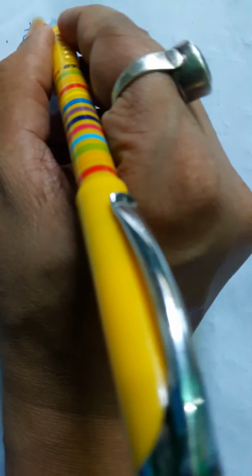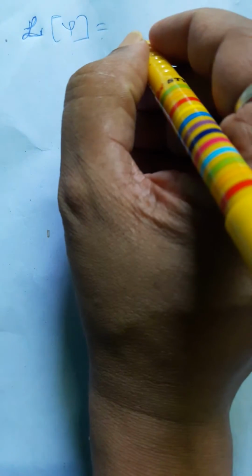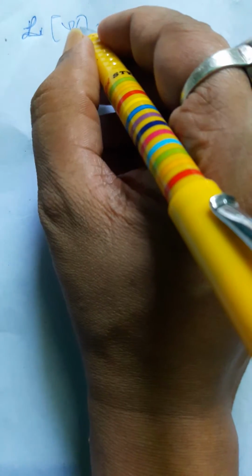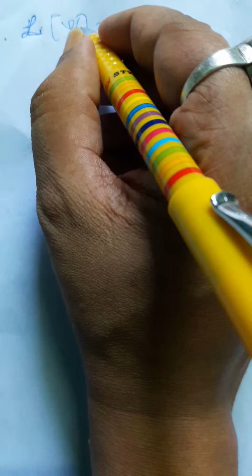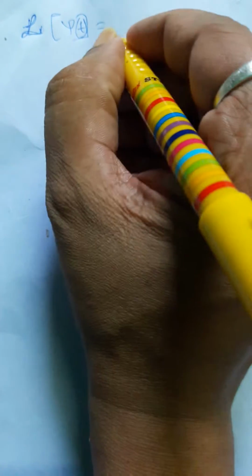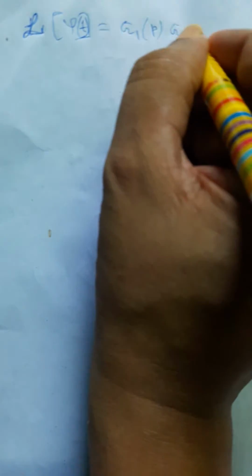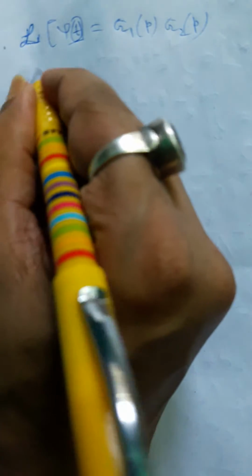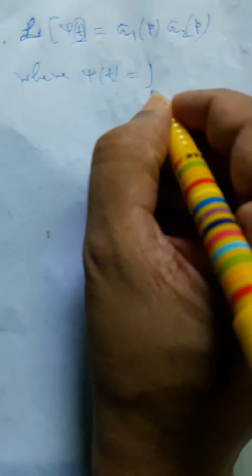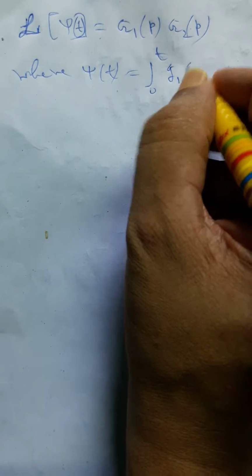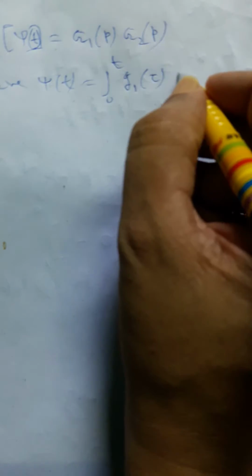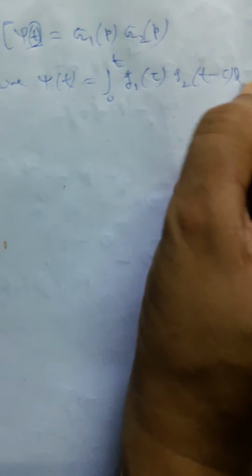That's the Laplace transform of psi t. In the earlier classes, we wrote it here. That is the Laplace transform of psi t, that will be g1(p) and g2(p), where psi t is the integral from 0 to t of g1(tau) g2(t minus tau) d tau. We are writing this,